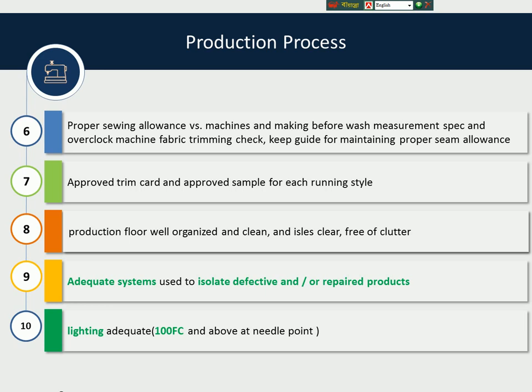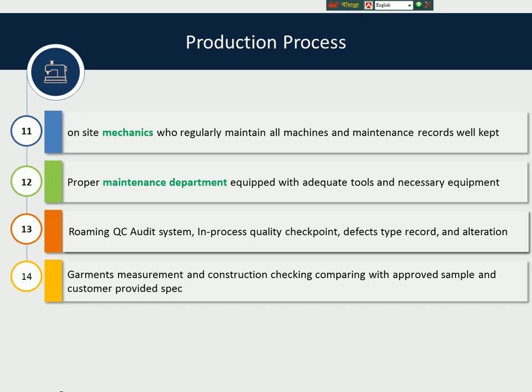Production floor all organized and clean, and aisles clear and free of clutter. Adequate systems used to isolate defective or repaired products. Lighting adequate, 100-foot candle and above at middle point. Number 11. On-site